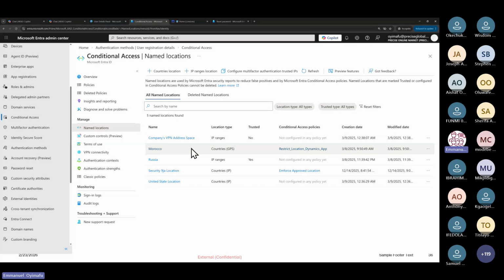So when we checked, we discovered that the problem was from his ISP and the IP that they were giving him. So most times in that case, what the admin can do temporarily is to exclude the person from the policy for the meantime. Then once you exclude the person from the policy and the person fixes the issue with either the ISP or the connectivity, you can add the person back to test. All right. Thank you very much.